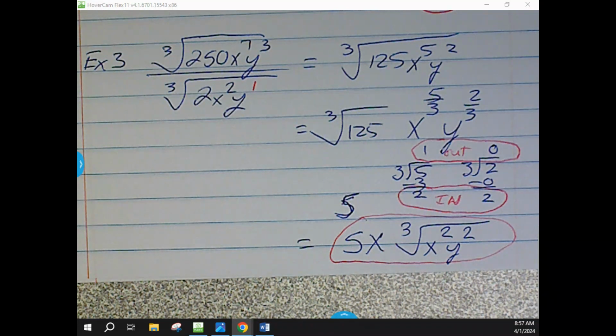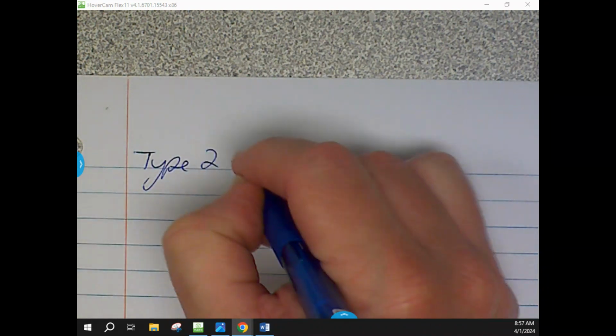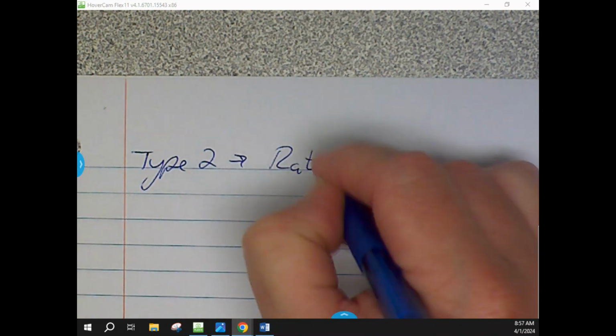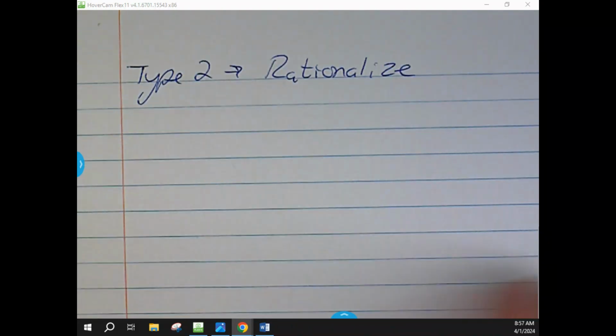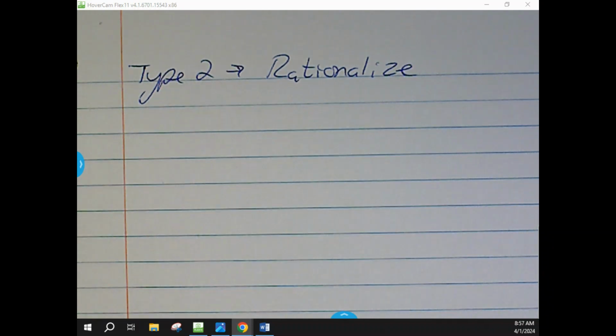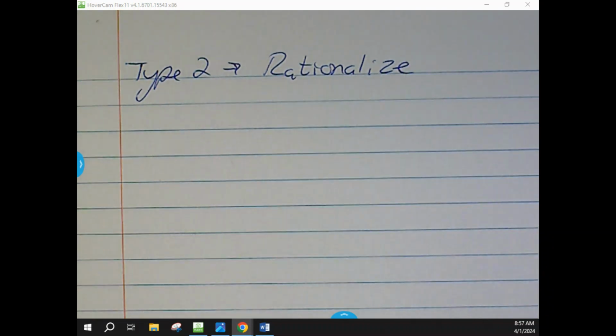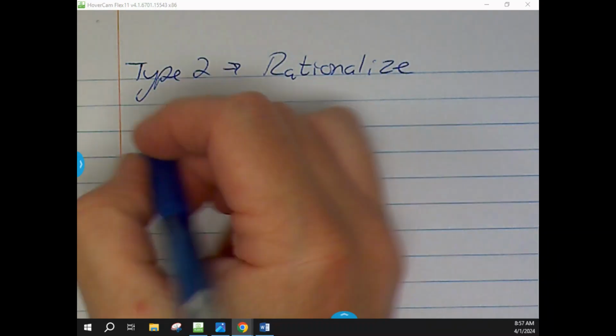Okay, second type we're going to look at. And again, this is the part we've looked at already, so we'll go back. There are actually kind of 2 types that we'll look at for this one. We'll do one here first, and there's another type of rationalizing. We'll look at that one a little bit later. Okay, second type, we're going to rationalize it. Even in this one, there are a couple of different types we're going to look at. The very first part, let's take you back